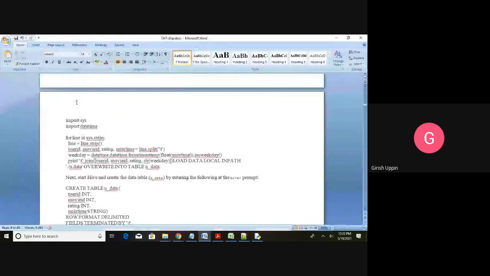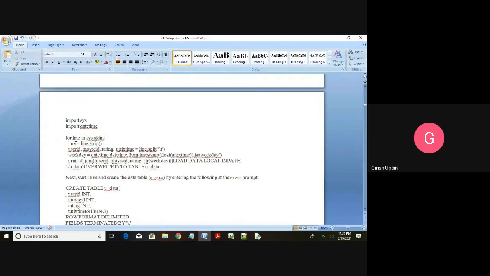Using the transformation, that is the mapper written in Python, we are going to convert this Unix time into a regular weekday in terms of 1 2 3 4 5 6 7. That is the transformation we are going to apply.